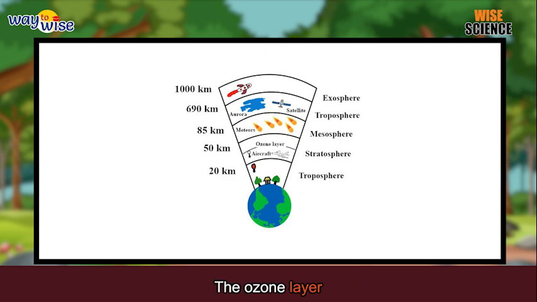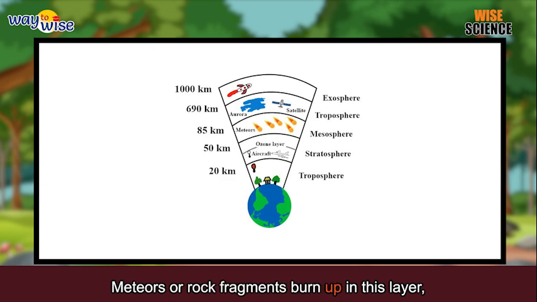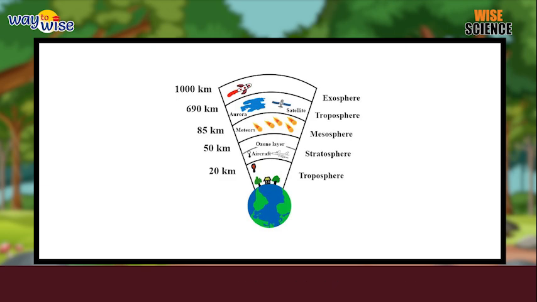The ozone layer present in it absorbs ultraviolet rays of the sun. These are harmful to living beings and can cause skin cancer. Mesosphere. Meteors or rock fragments burn up in this layer. Thermosphere. In this layer, the space shuttles orbit. Exosphere. The exosphere is the uppermost layer of our atmosphere. It has very thin